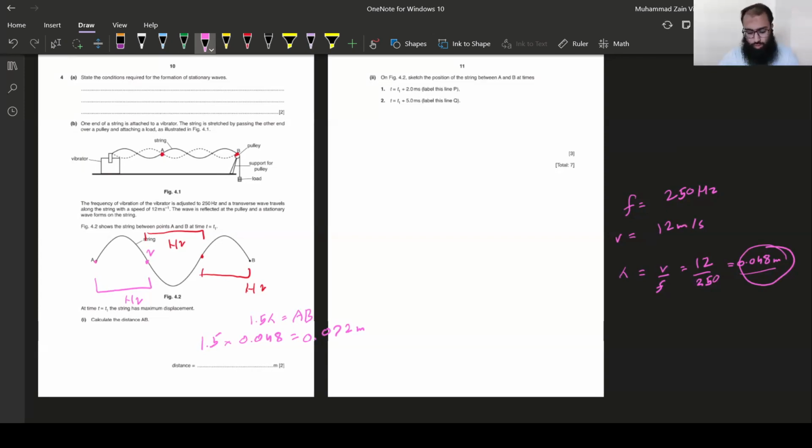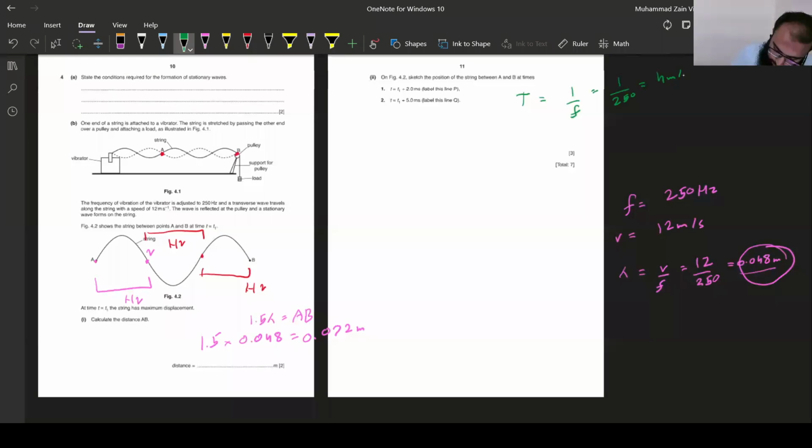On figure 4.2, sketch the position of the string between A and B at times t1 plus 2 milliseconds and time t1 plus 5 milliseconds. For these types of questions, the first thing you need to do is find the time period T. We know that time period T is 1 divided by frequency. Since the frequency is 250 Hertz, I divide 1 by 250 and I'll get my time period,